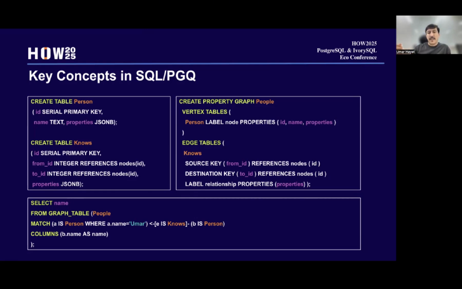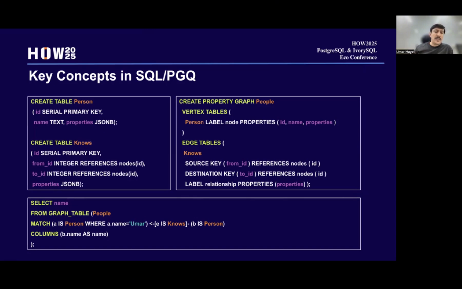The first is the vertex table, which should be a table with the name, and it has properties, the same properties which the person table has. Of course, you can pick a few properties or even leave a few out. Another table is the knows table. Now this is an edge. The vertex is person, and the edge label is knows, and you can see it also refers to that table.